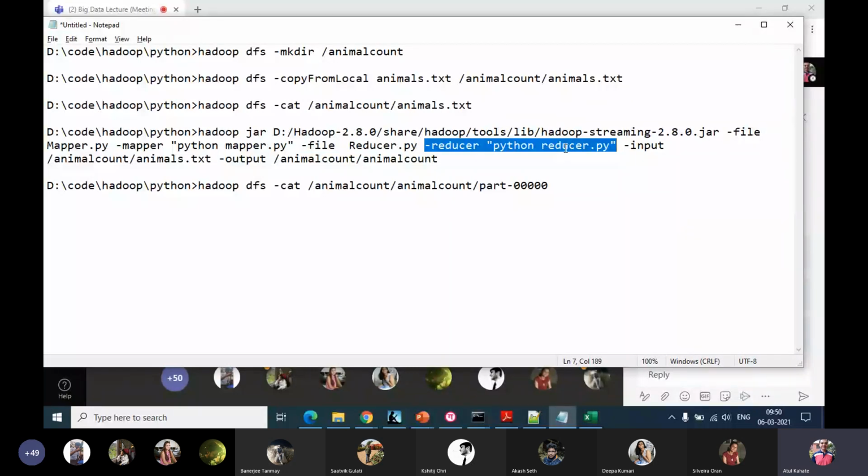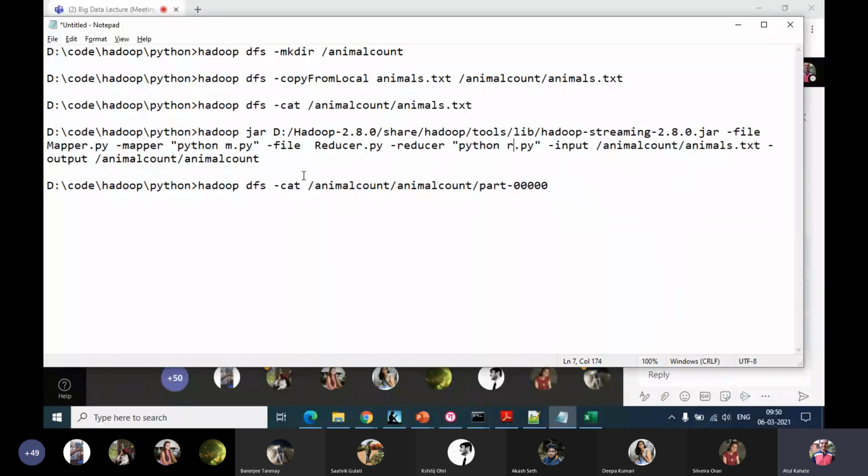So if naming becomes a point for confusion, what we could have also done is call our mapper code simply m.py and our reducer code r.py. Then it's very clear that this is the generic program given by Hadoop, and this is the code that we have written. Again for the reducer, this is the generic code given by Hadoop, and this is the code that we have written.